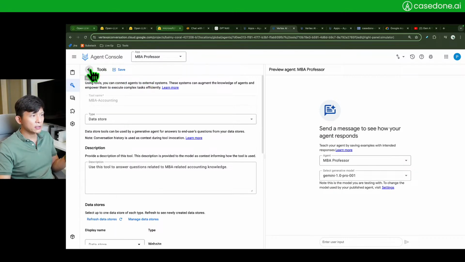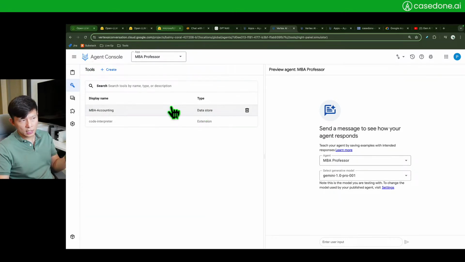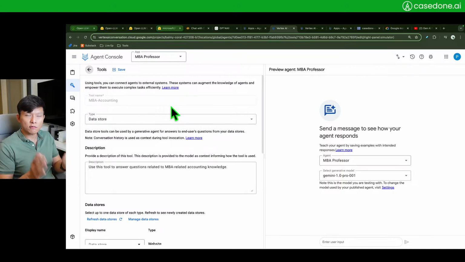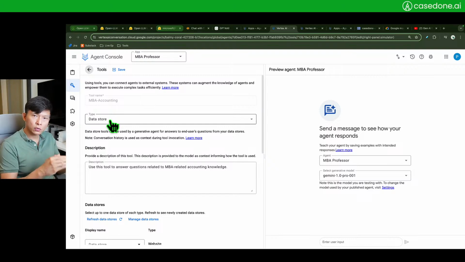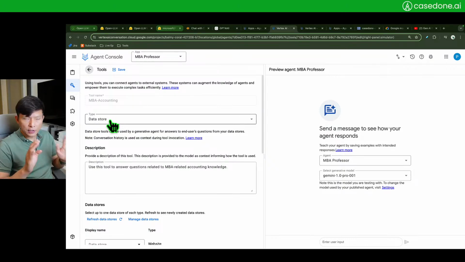This is data store type. Pretty much this is a RAG tool. It will connect this tool to a data store in which you contain your documents for this tool to retrieve. Now it's going to sound complicated, so before we move on,